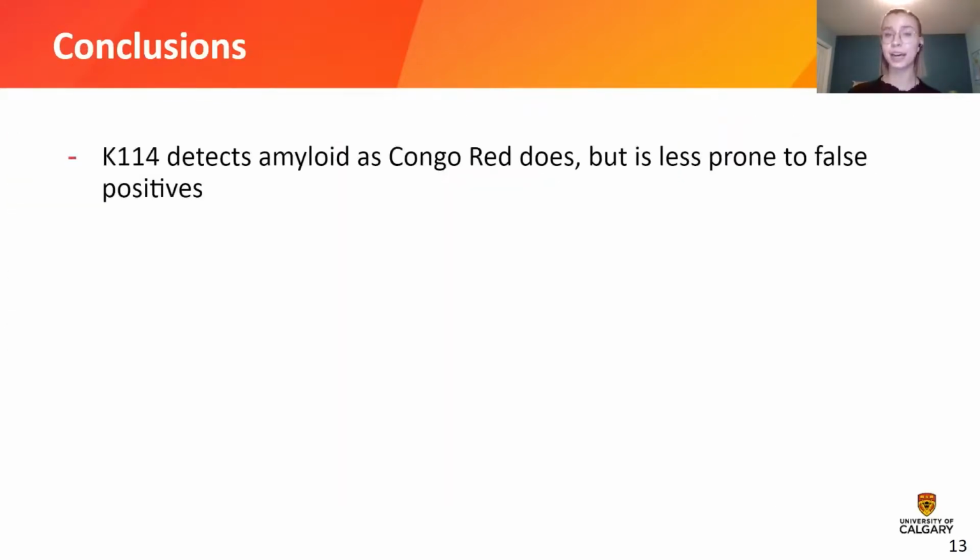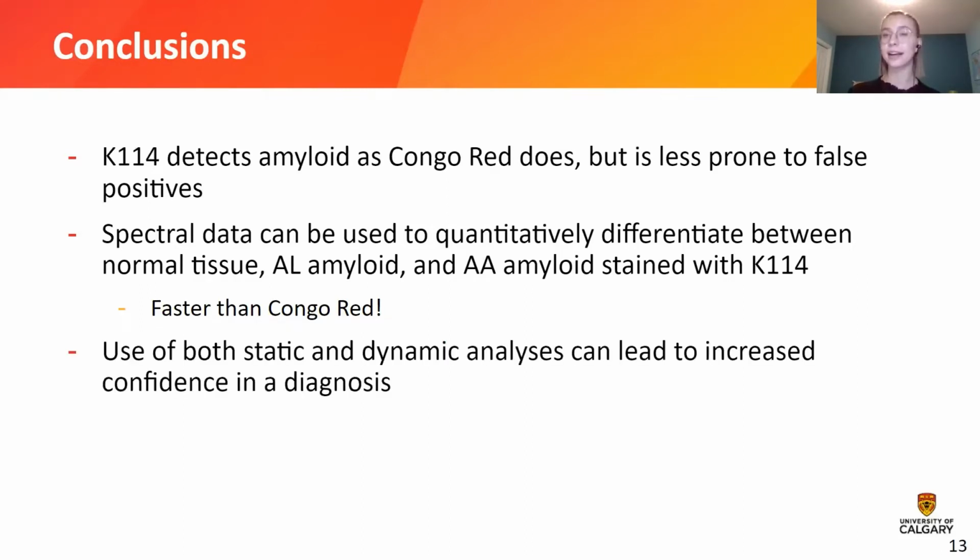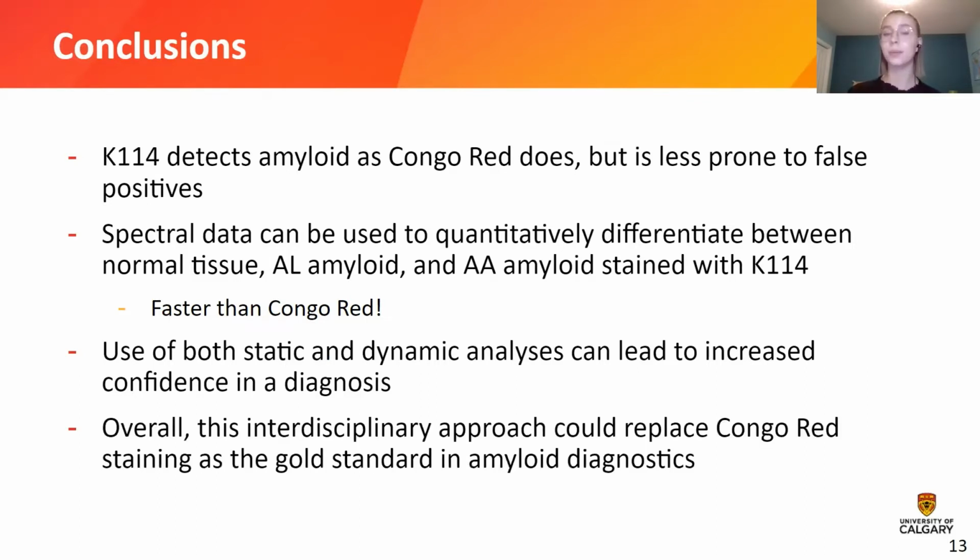In conclusion, K114 detects amyloid as Congo red does, but it is less prone to false positives. Spectral data can be used to quantitatively differentiate between normal tissue, AL amyloid, and AA amyloid stained with K114. Because this can all be done with one stain, this is already faster than the multi-step Congo red process. The use of both static and dynamic analyses can lead to increased confidence in a diagnosis, meaning that this interdisciplinary approach could replace Congo red staining as the gold standard in